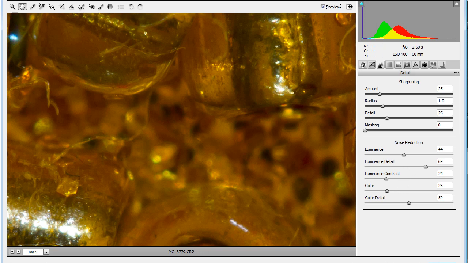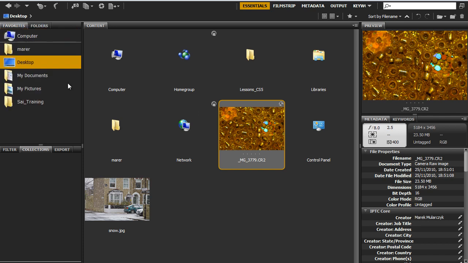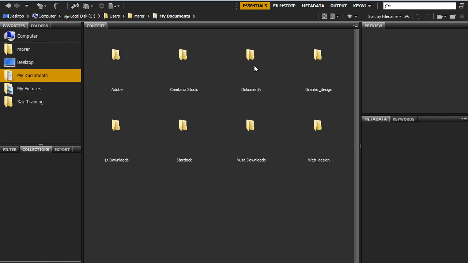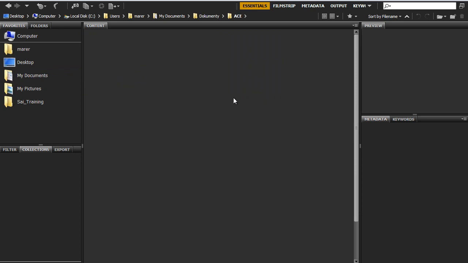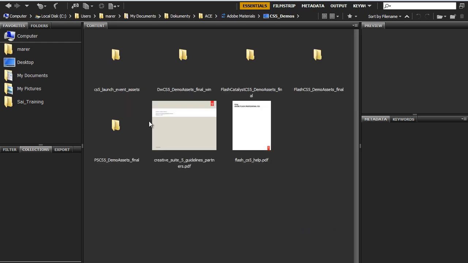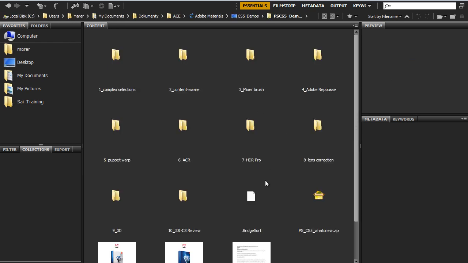I'm going to click Done in here to close the dialog box. Because I clicked Done, Camera Raw remembers my settings. You can see by this icon here that there's some change being made. Now I'm going to jump into another image and we'll talk about the color noise. I'm going to jump into some files I received from Adobe, CS5 demos, and we'll jump here